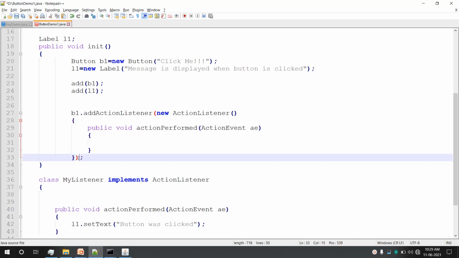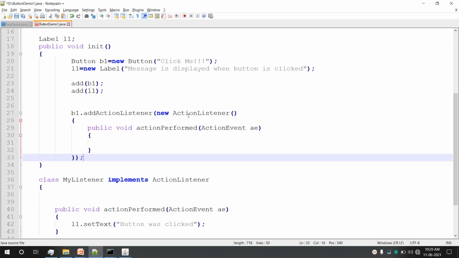The round bracket closing is the closing of the method call bracket, that of add action listener which has been opened here. Inside the brackets of add action listener, we are creating an anonymous inner class. After that there is a semicolon.